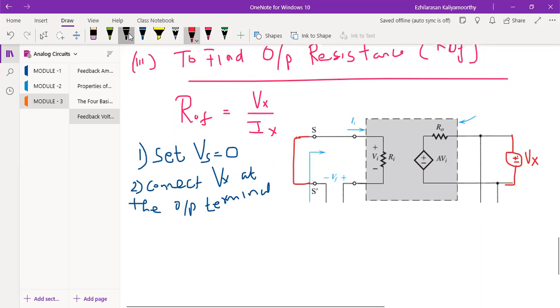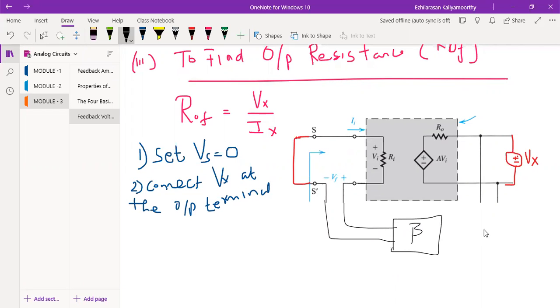Now it's very simple here. In the bottom, what is there in the sense? I will draw this diagram. This is nothing but your beta actually. I have not done any change. Yes, same figure only. Here we made the short circuit. Here we added the source. So now, what will the current be here? Here the current will be Ix, because this is the Vx current. So this will be Ix current.